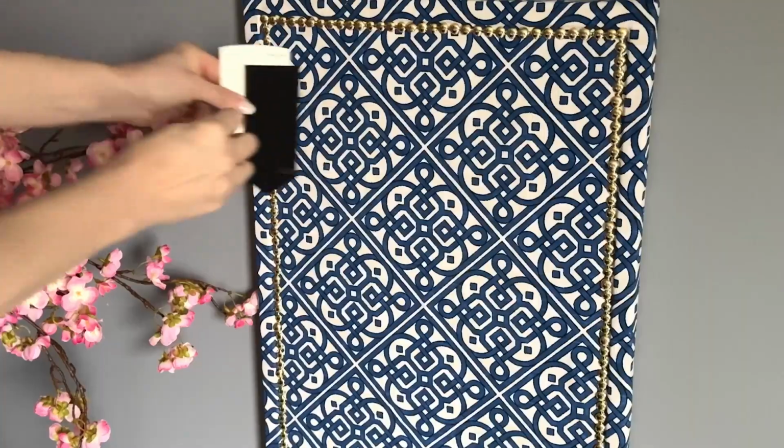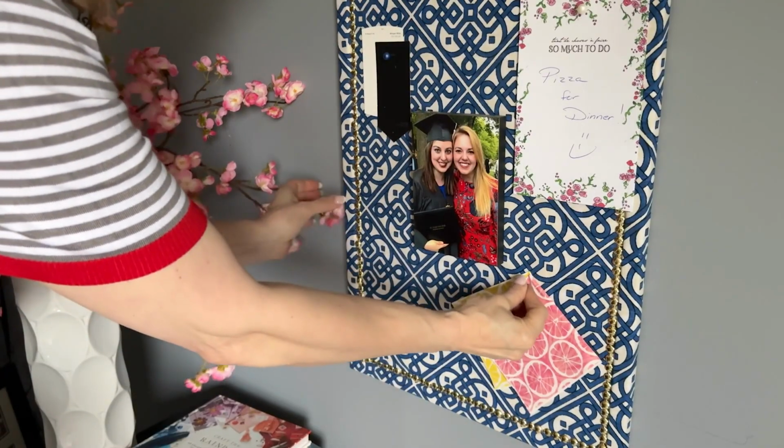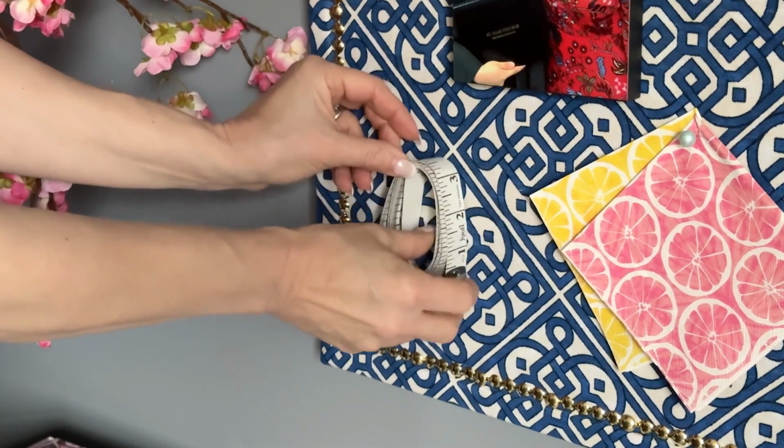Once you hang your new upholstered bulletin board, use decorative push pins to hang important samples, photos of loved ones, reminder notes to yourself or your family,